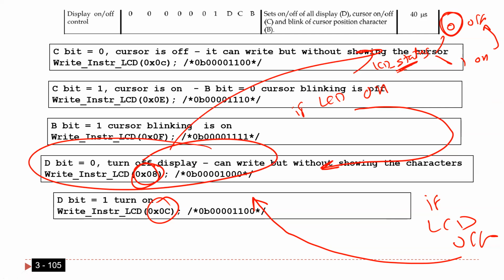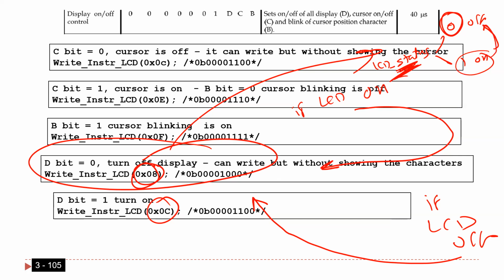So in the coming lab, number one, you have to read a value from the keypad. After that, you have to check the return value. If the return value is related to the command, I'm going to tell you this command to turn on and off. All you have to do, number one, is check this variable in order to know if the LCD is on or off. And then based on that, if it is on,